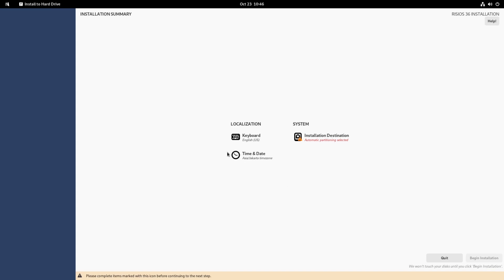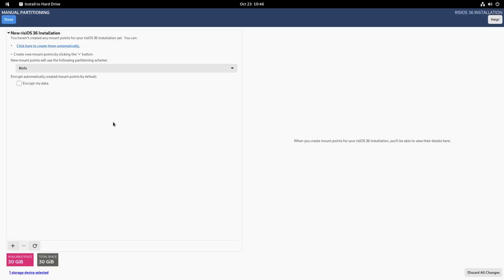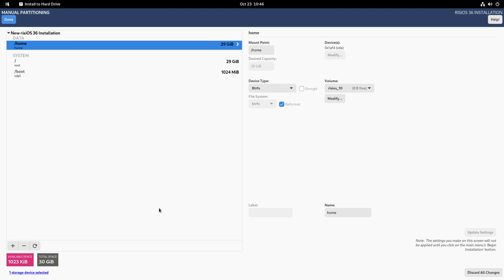And then because I live in Jakarta, Indonesia, I will leave this time and date setting, and then I will go to the partition part, and then I will click this, so RisiOS will create the partitions automatically.